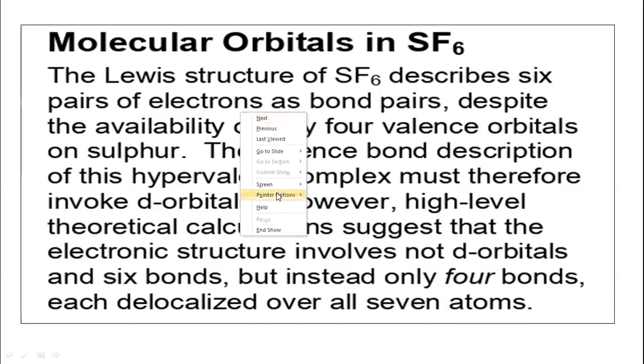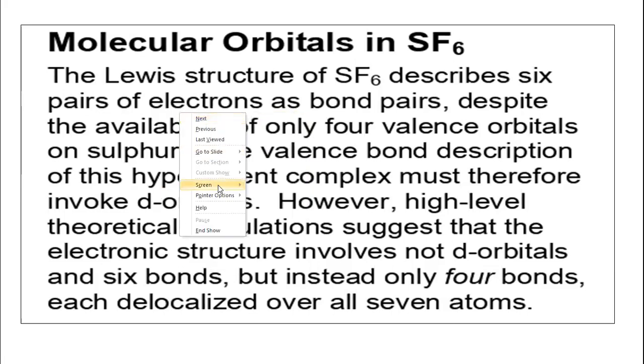Let us draw the Lewis dot structure here. Sulfur is the central atom and 6 fluorine atoms are covalently bonded to it. As we know, sulfur shows sp3d2 hybridization,